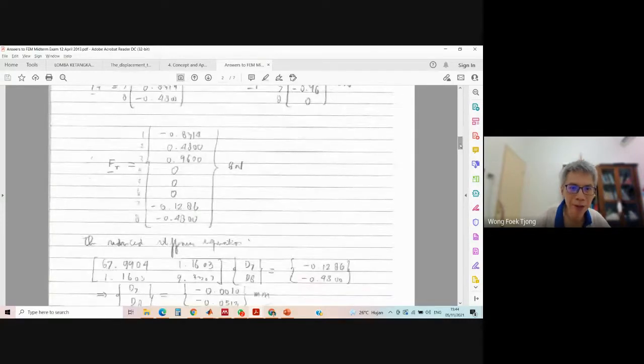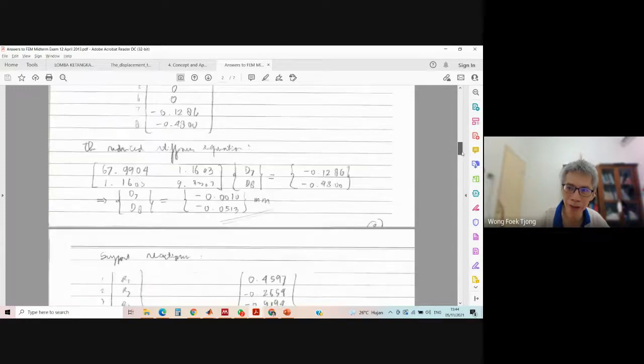Any questions? So that's the difference from the previous one, I mean, before the mid-semester exam. The thrust we discussed before, we have temperature effect here. So we should compute the equivalent nodal force due to temperature. After that, the procedure remains the same, okay?